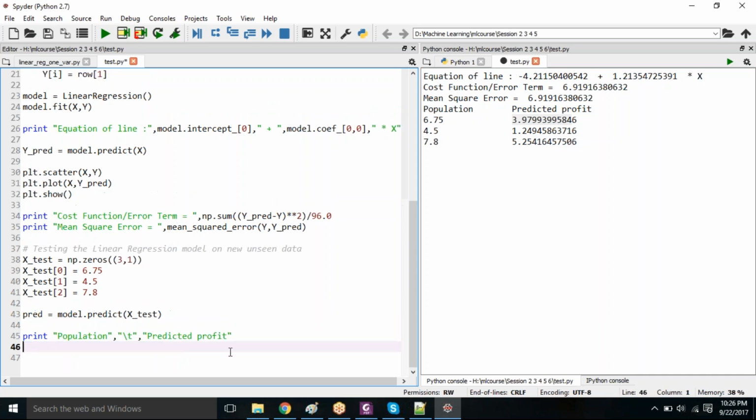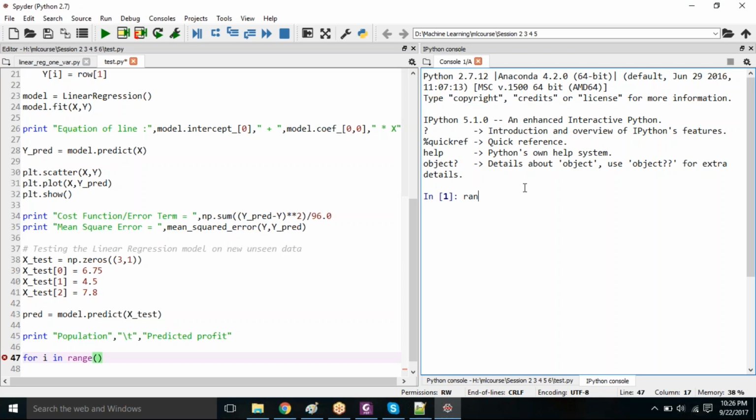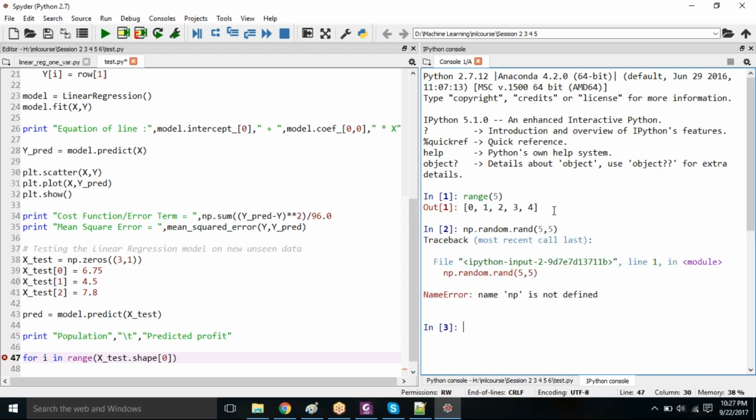In fact, I will write this code again in order. This you understood, right? This is just the table which is getting printed with a tab. Now here I am just taking a for i in range. Range will give you what? If I do range 5, it will give me 0, 1, 2, 3, 4. So in range, what is my X? X test, X test dot shape 0. I have told you yesterday what shape 0 is. If I take a numpy random rand, say 5 comma 5,